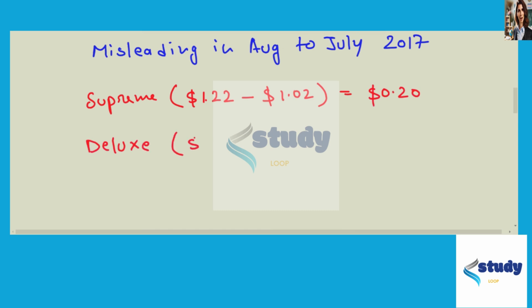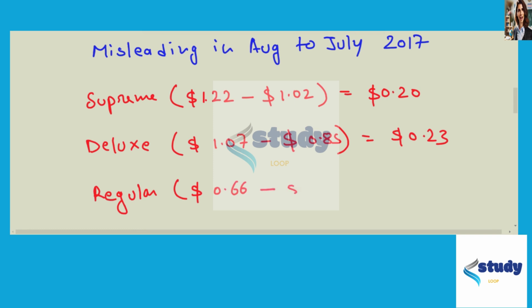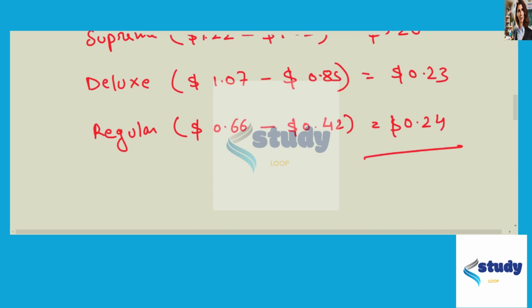For Deluxe, in first case it was 1.07 minus, in second case 0.85. So on solving it comes 0.23. And for last, that is Regular, in first case it is 0.66 US dollars minus 0.42 US dollars, which on solving gives 0.24 US dollars,